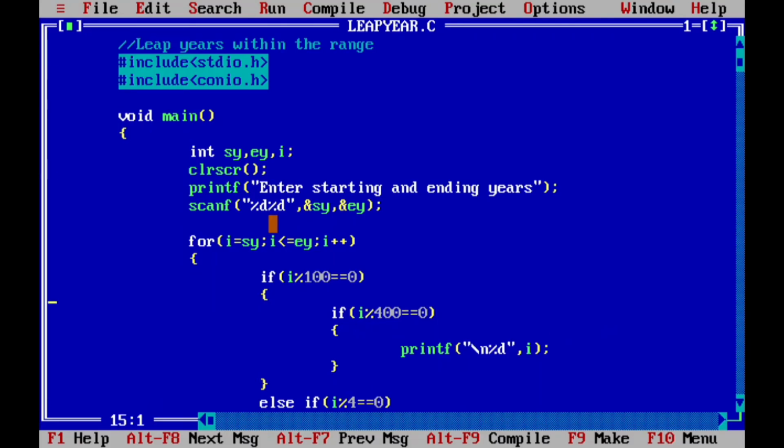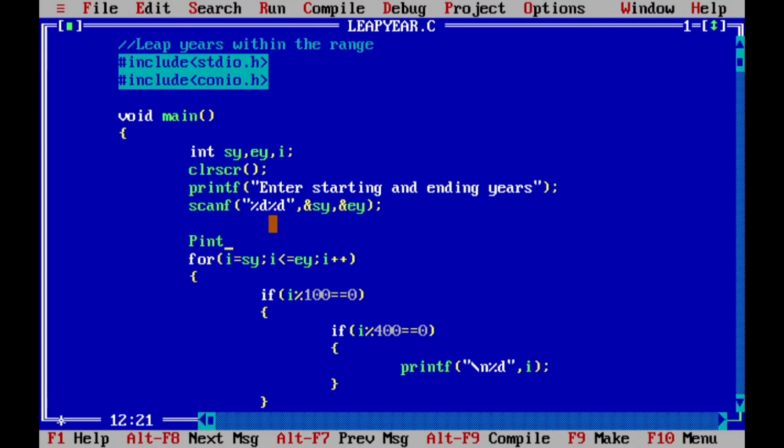Now see. Here, after scanf, add one more statement, that is printf, leap years from %d to %d, comma, sy comma ey.